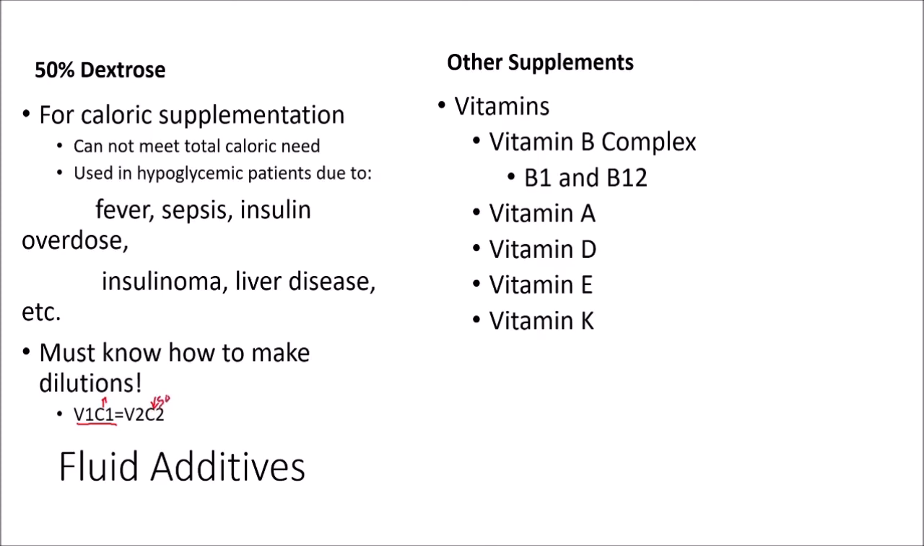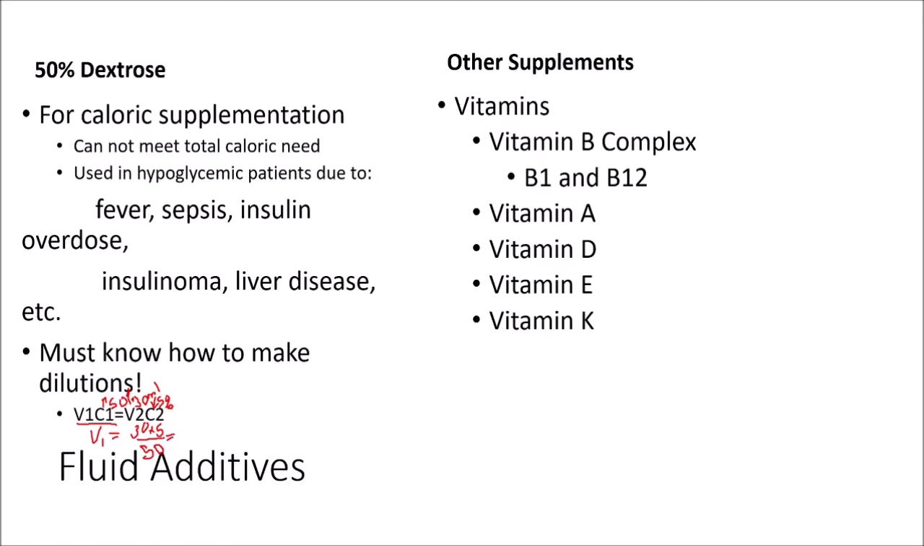Okay, so if this is 50%, and we have 30 times 5 over 50. What you need to do is multiply 30 times 5, which will give you 150, and then divide by 50, which will give you 3. So if we take 3 mils of this